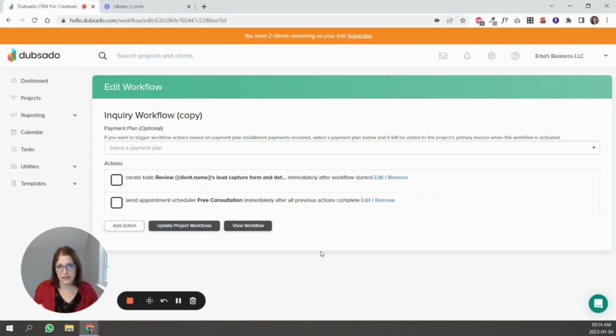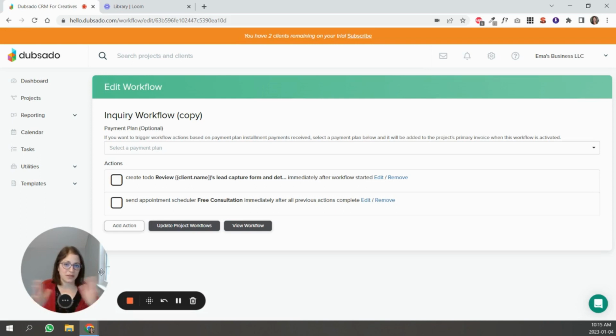The downside to this type of workflow is that you can't guarantee that everyone is going to book this free consult. So you would have to do follow-ups with people, and the way to do follow-ups is Dubsado doesn't have an option, send them a reminder if they haven't booked a call. You can do things if they haven't filled out a form, but there are no actions to take if they haven't booked a call. So that's a little bit more complex, and I'm not going to get into that over here, but